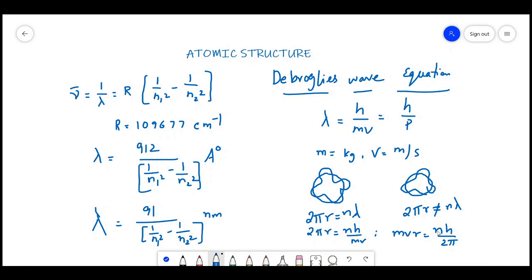So this is a relation from Bohr's. So Bohr's angular momentum is what? mvr is equal to nh by 2. So we have derived an equation from de Broglie's to Bohr's postulate. So from this, what we conclude is the de Broglie's wave equation and Bohr's postulates are correlated. So all this derivation is not required. Just remember, for a standing wave, 2 pi r is equal to n lambda. And remember, whenever you are doing problems with this de Broglie's wave equation, try to take the mass in kilograms, and velocity you take in meters per second. That's all. You get the answers.